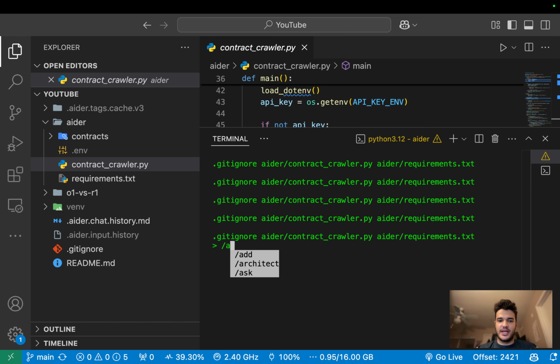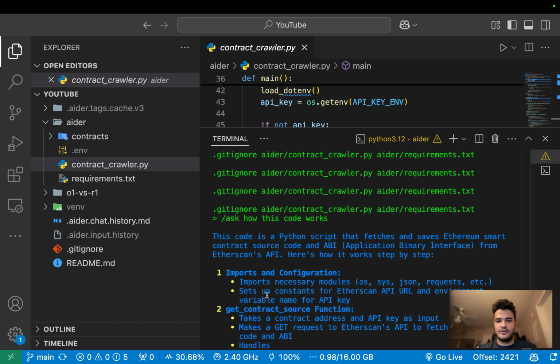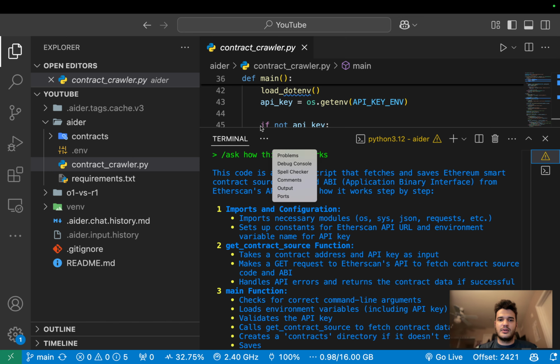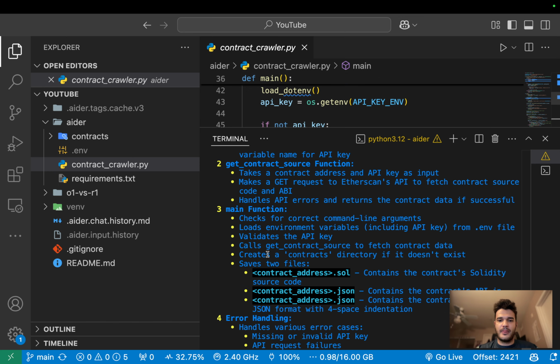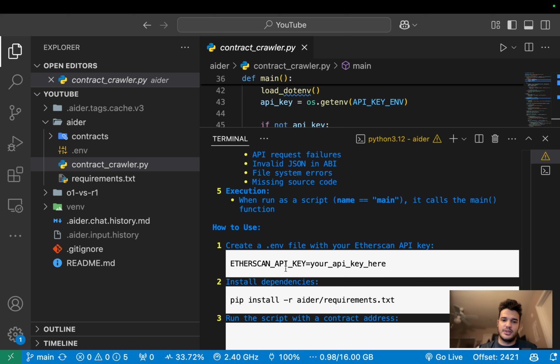For instance, you can ask a question without modifying any code. You can ask a question, how does this code work, and it can explain to you and answer your questions. So it explains every single function step by step,